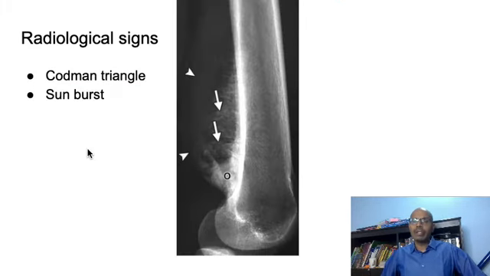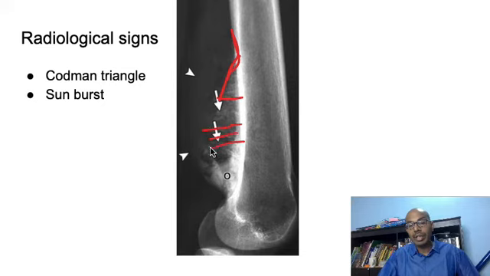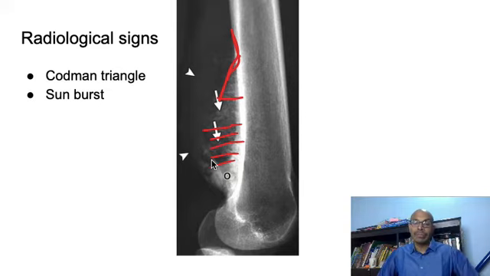What are some of the radiological signs that we can see? We all know this very commonly. It's called the Codman's triangle. That is an elevation of the periosteum from the bone because of the growth of the tumor. Then sunburst or hair-on-end appearance can also happen with osteosarcoma because of the rapid growth of the tumor. Both these things are not very specific for osteosarcoma, but a combination of all these things seen in the bone can indicate osteosarcoma. So the two most common radiological signs are Codman's triangle and sunburst or hair-on-end appearance.